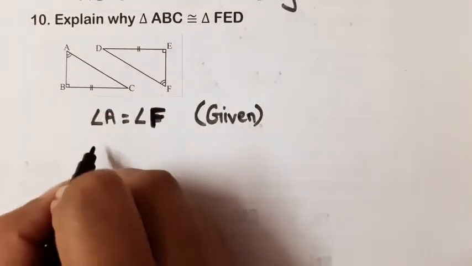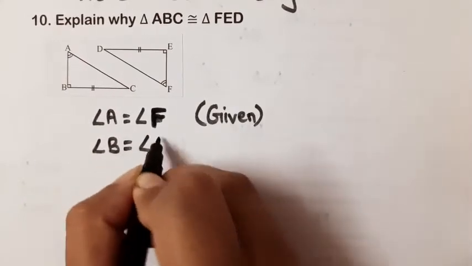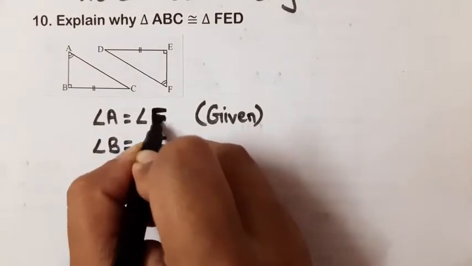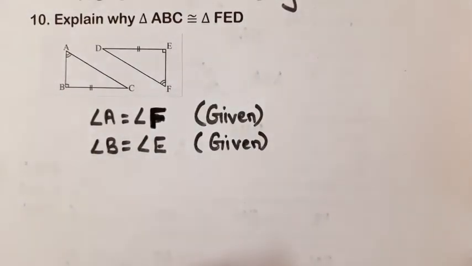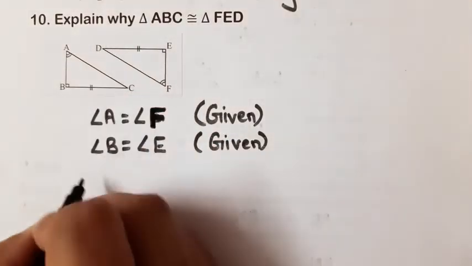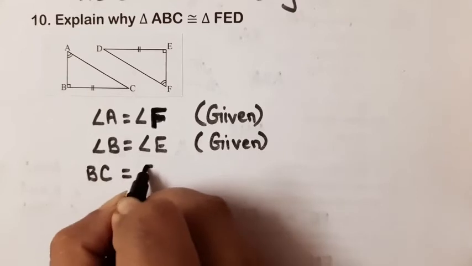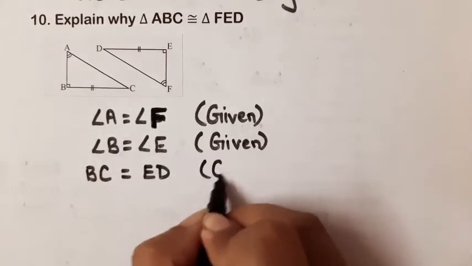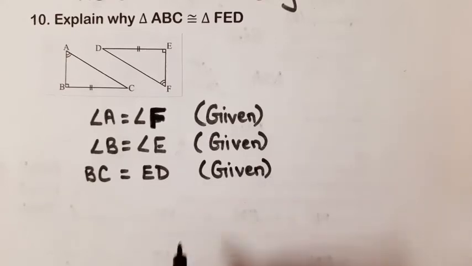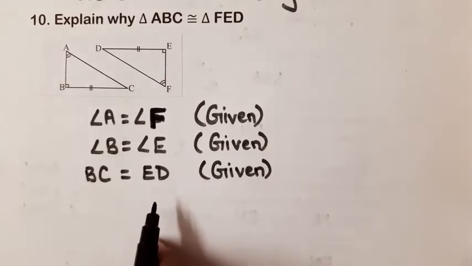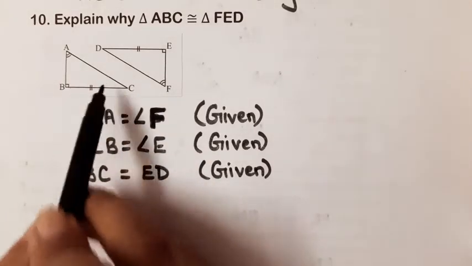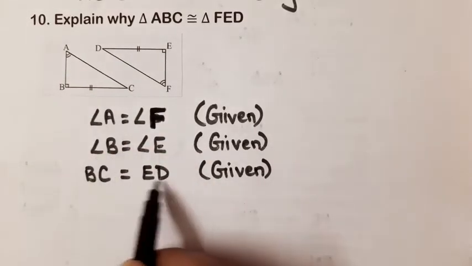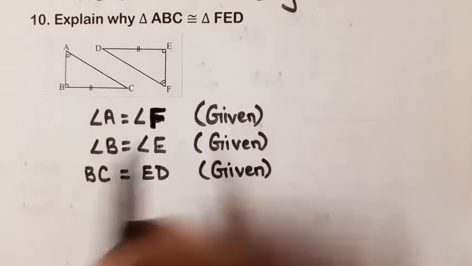Next we have angle B equal to angle E. This is also given to us in the question. And we have been given BC is equal to ED. But when we talk about the congruence rules, which is the rule that can be used with two angles and one side? That is the ASA congruence rule. But if you observe here, BC is not included between the angles given, and ED is also not the side included between angle E and angle F.